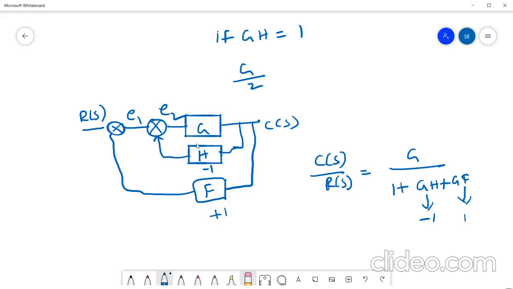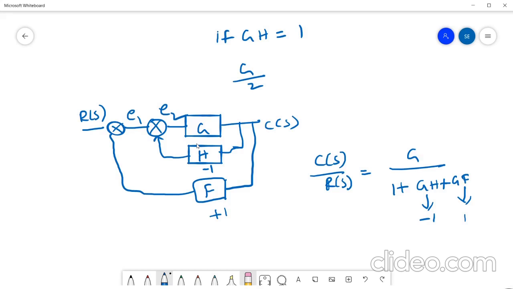So when your system is degrading in terms of stability, you can compensate by adding or removing feedback loops based on the respective gains, right? This is the effect of feedback gain on stability. Then coming to the fourth topic, that is the effect of feedback on external disturbance, right?